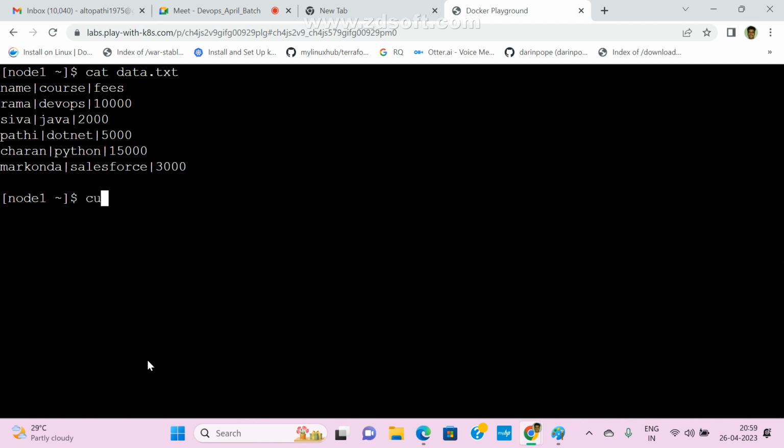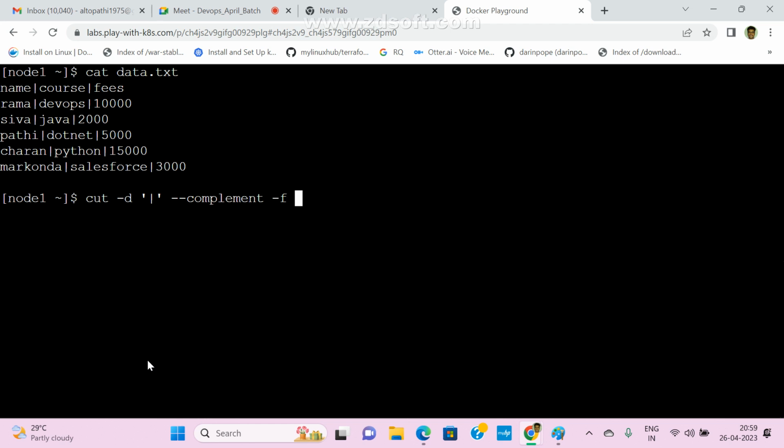In that case we can use cut -d, same delimiter, and next there is a syntax, hyphen complement, and -f field.